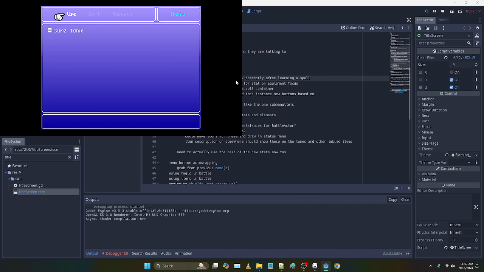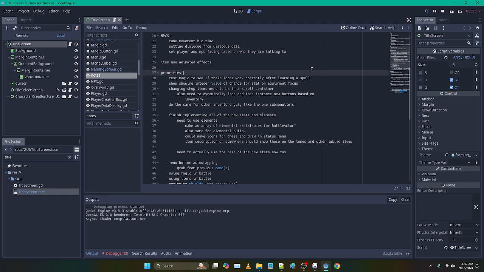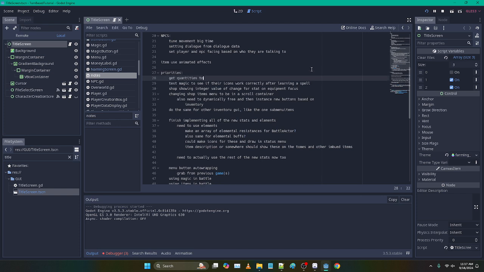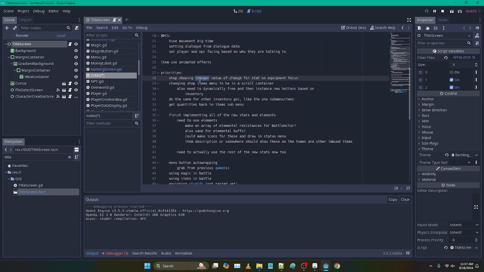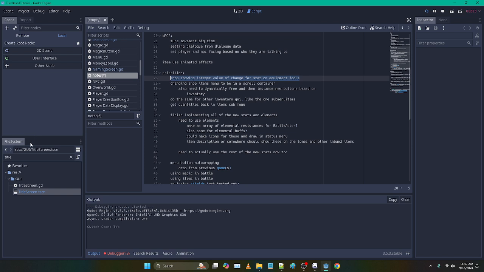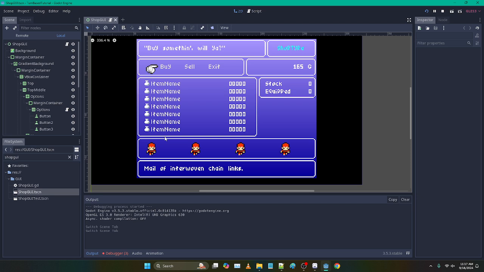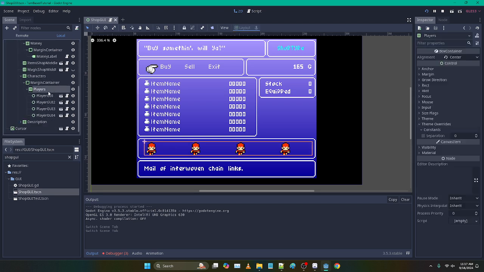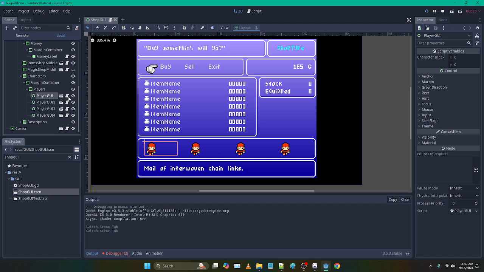So everything saves, our location loads right. We do need to get quantities up. That'll be after we do all of that. This does work. So shop GUI. Down here, I think, what do we call that? It's just players. So the player GUI,